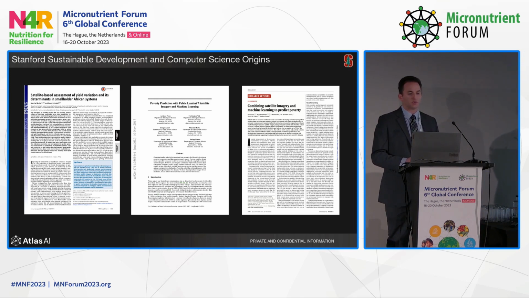The early papers that they published first demonstrated that in a location where you have high-quality household survey data, so this is survey data from DHS or LSMS or other international organizations that are capturing reliable information within certain countries, you could develop models that interpreted the pixels within a range of different satellite images to predict back certain outcomes within that survey data. For example, if you had survey data from Kenya in 2010, you could predict back the asset wealth of a household on a community-by-community basis using satellite imagery and AI techniques that this team developed.